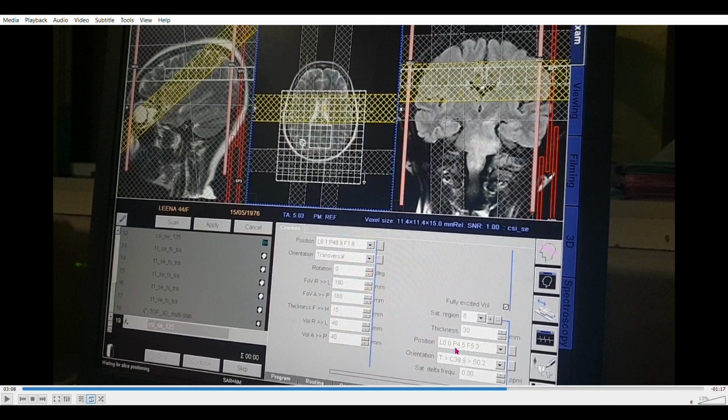That is 2 each in all planes. The application of bands in the proper plane has to be very accurate, and the band thickness is roughly 3 centimeters. Everything is mentioned here, and the position of each band is also given here. Orientation is also given. These things are of very little significance, because they come automatically.